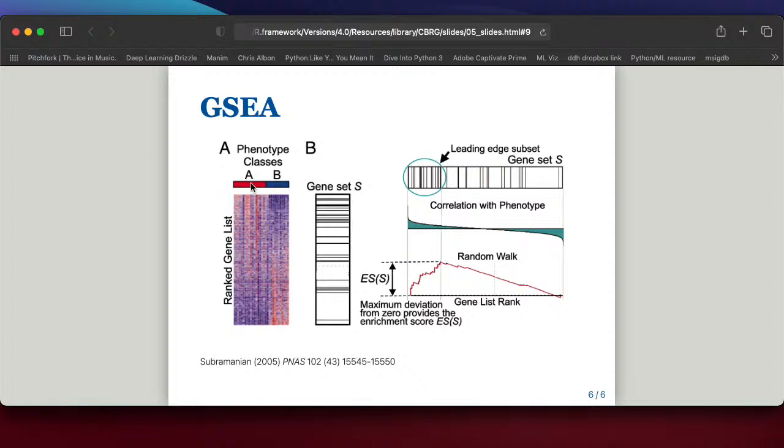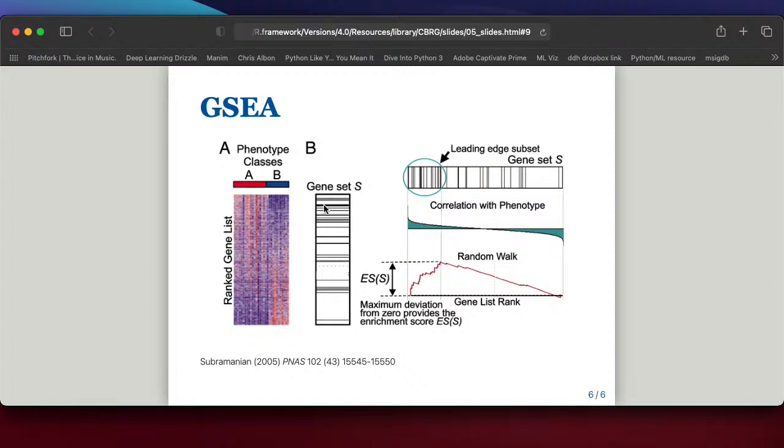And you can see that there are 2 comparisons, phenotype A and phenotype B. They've done some kind of microarray experiment, and these genes are ordered in some way. I'm going to say fold change. Now, another thing you need for gene set enrichment analysis is a so-called gene set. This is kind of like a GO term, except these gene sets are defined by, I believe, the Broad Institute. A gene set could be, for example, oxidative phosphorylation. That could be a particular gene set. And these horizontal lines represent members of this gene set, and the location of the horizontal lines match the rank of that gene in this experiment.